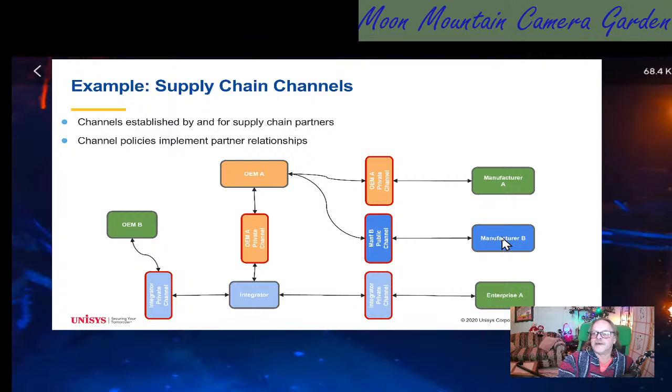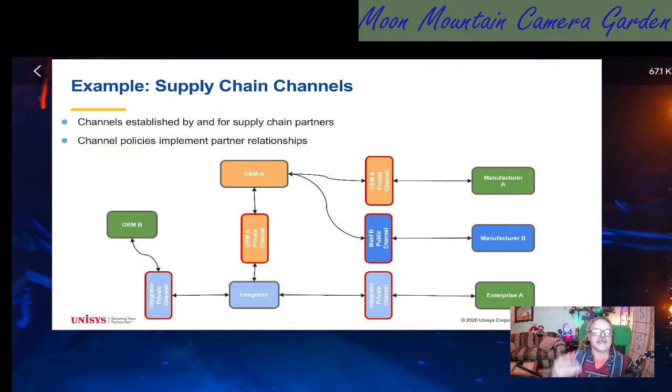In this example, manufacturer B already has a public channel where information for our purposes is available. So OEM A, even though they have a similar relationship with manufacturer B, they don't ask for that information again. They source that information on the public channel where it's already been attested to. OEM A then takes these products from different manufacturers, puts them into a product, sells it to the integrator in blue at the bottom, and creates a channel for that integrator to access the attestations created by the OEM.